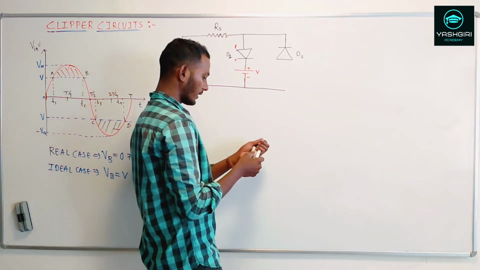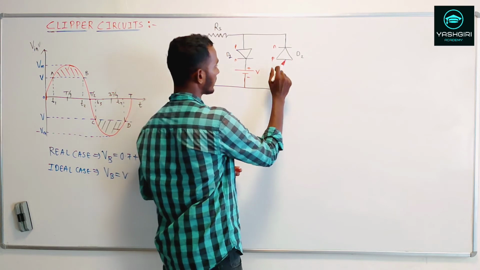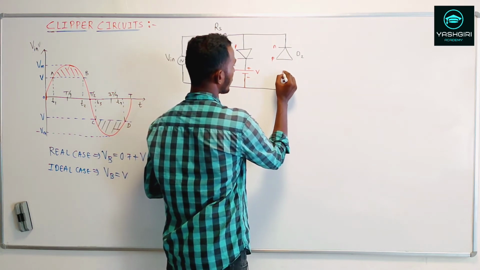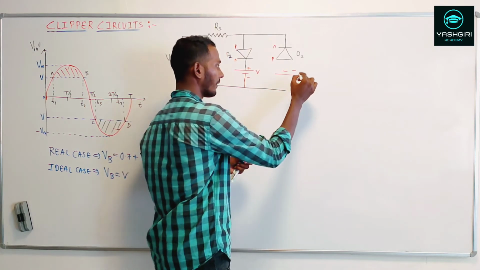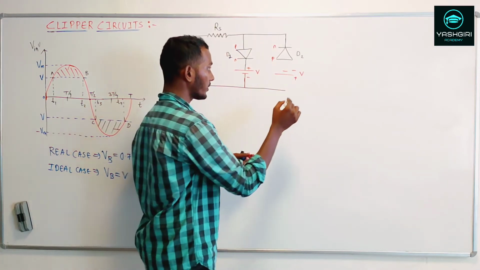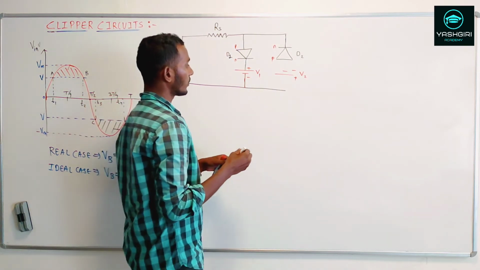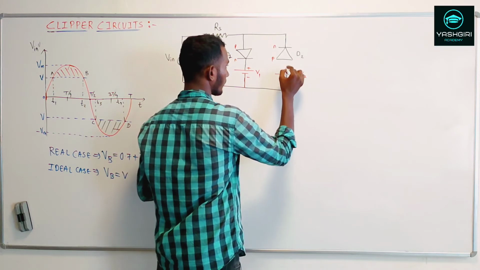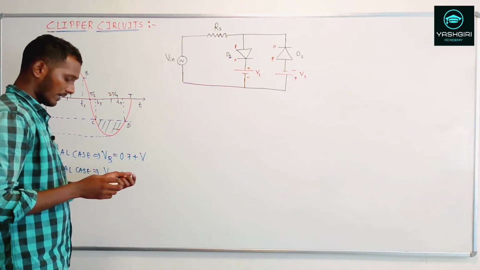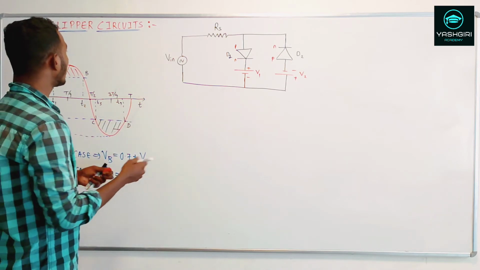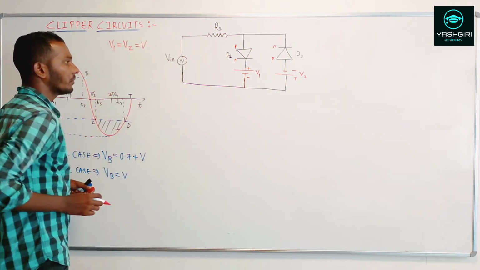Same way, we have diode D2 with P and N. I can make this diode D2 reverse biased. So here negative and positive, this negative and this plus, again having some potential difference of V2. Let this be my V1 and the other V2. So this is the connection. Now let's go with V1 equal to V2. I'll consider V1 equal to V2 equal to some V volts.